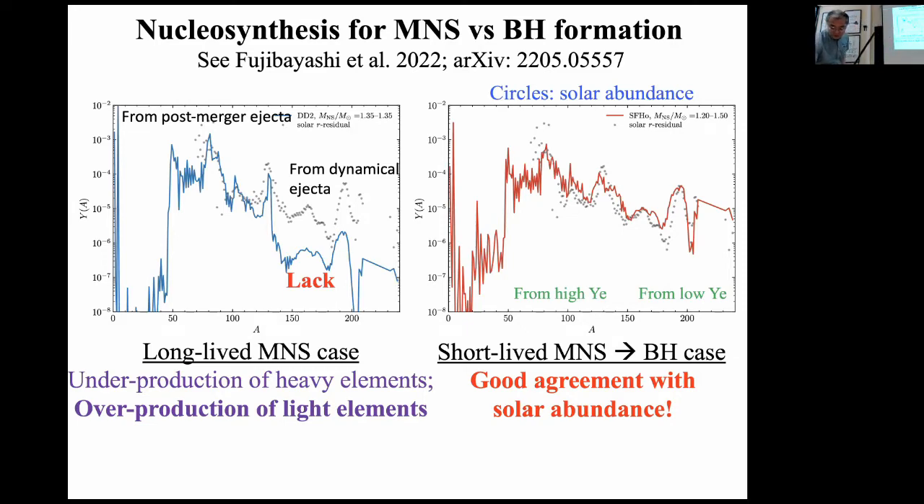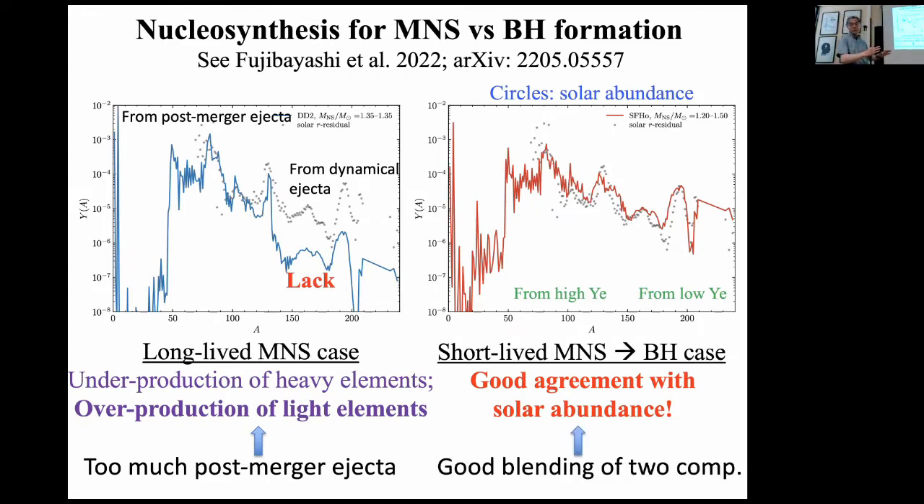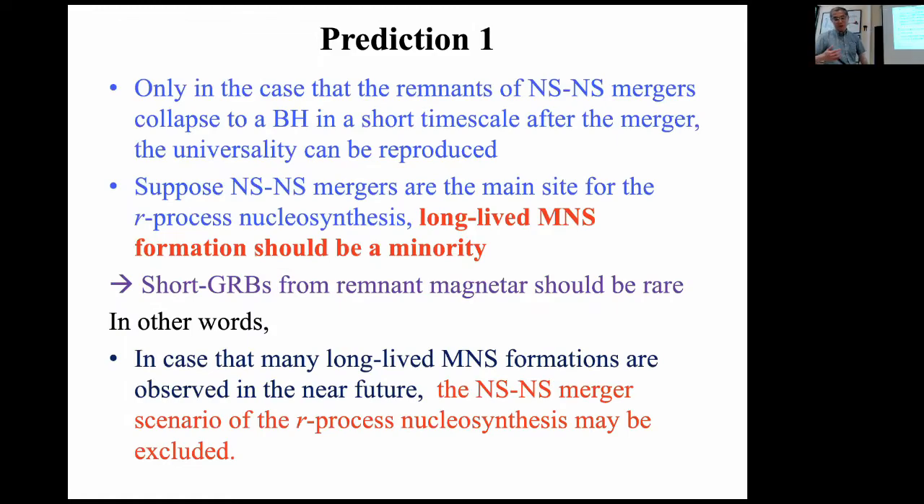The reason is, as I said, that for the long-lived case, we have too much post-merger ejecta in the absence of a black hole. But in this case, the ratio of the 2 components is very good. So a very good blending of the 2 components is achieved. So this is a prediction. As I showed, only in the case that remnants of a binary neutron star merger collapse to a black hole in a short time scale after the merger,